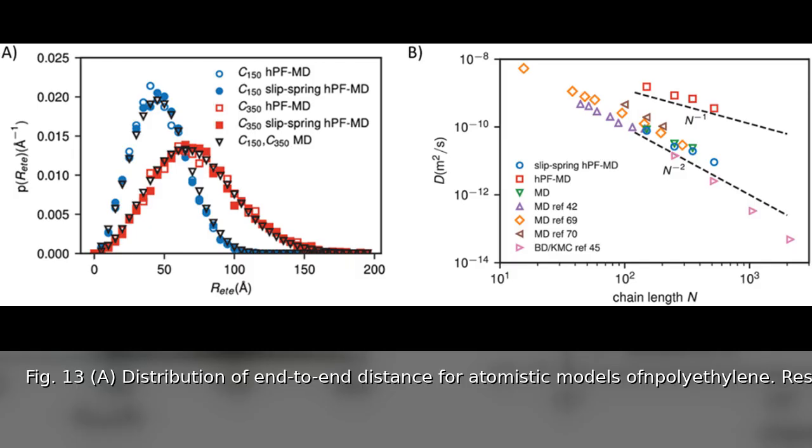Panel B presents dynamical analyses including mean square displacements and reorientational relaxation times, which align well with conventional MD simulations and theoretical expectations over long time scales, despite minor deviations at shorter times. The authors describe a combined approach named Roberto that integrates slip springs with HPF representation for coarse-grained polymer models, allowing observation of reptation and tube theory behavior with quantitative predictive power. This figure underscores HPF-MD's ability to realistically represent polymer chain dynamics and entanglements, essential for modeling viscoelastic properties and complex